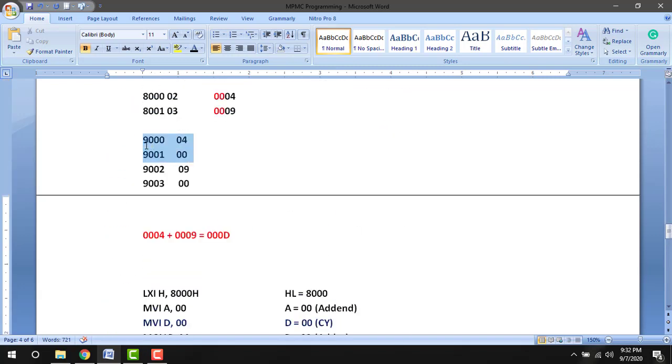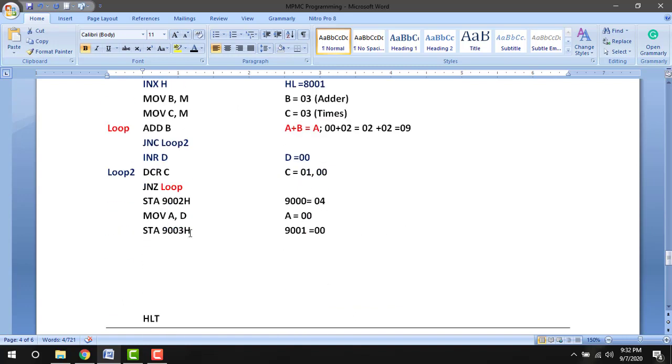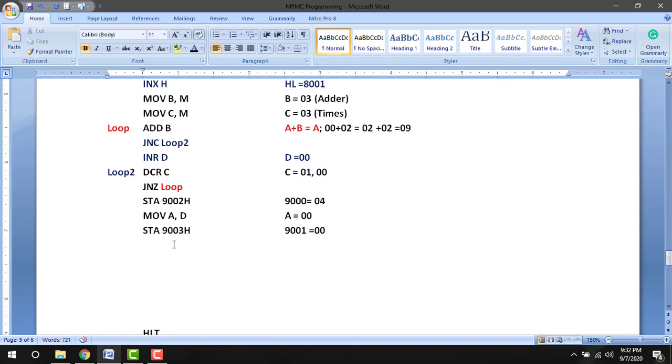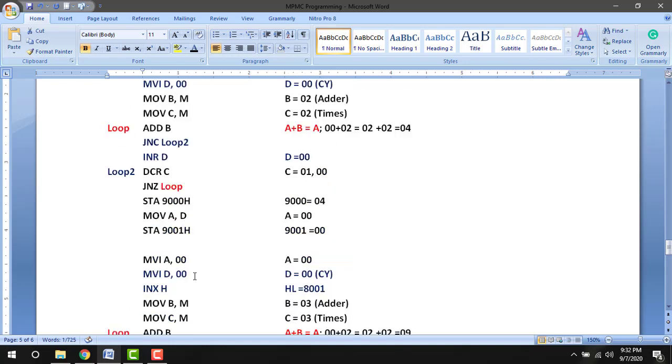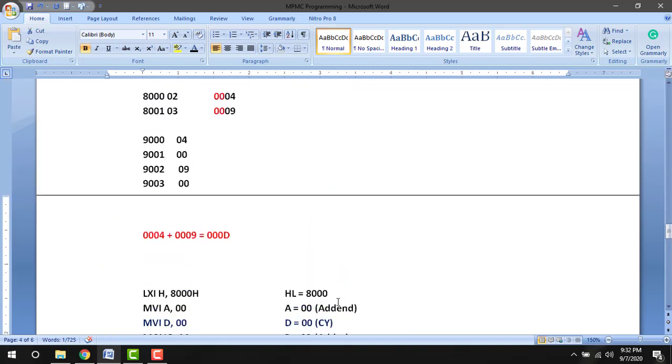First going to read the data here. So for that the instruction is LHLD 9000. So the content of 9000 is stored in L register. Content of 9000 is 04.